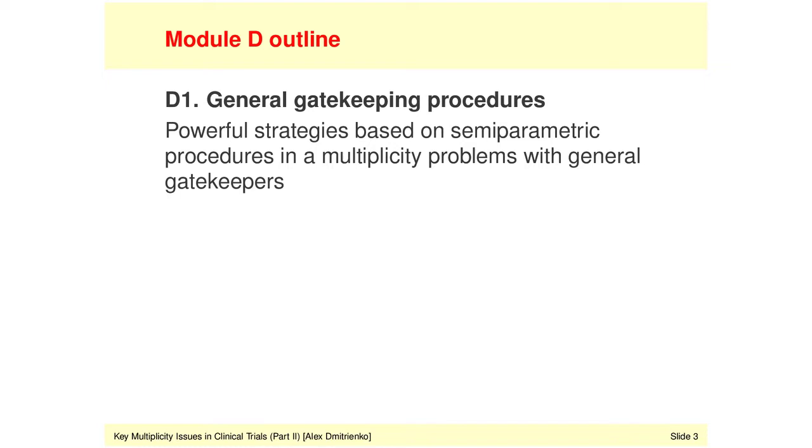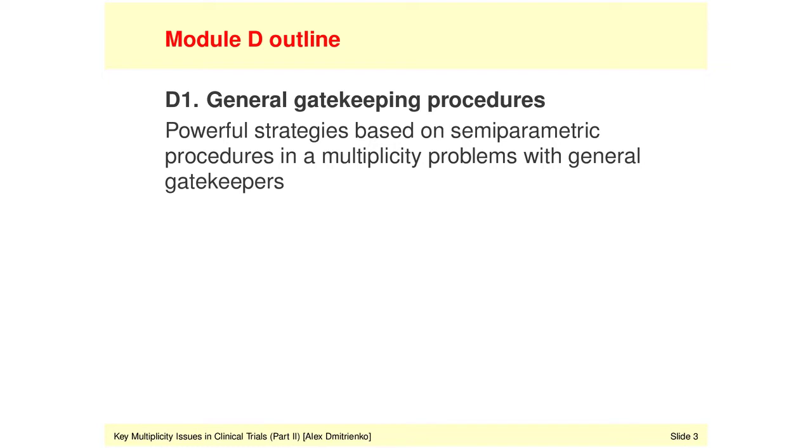In this module, we're going to consider a broader family of gatekeepers. When I introduced them in Module B, I referred to them as general gatekeepers. It is a more complex type of binary relations among the individual hypotheses included in different families. But the great news here is that despite this complexity of logical relationships among the hypotheses in a multiplicity problem, there is a very general method known as the mixture-based method that enables clinical trial sponsors to build gatekeeping procedures